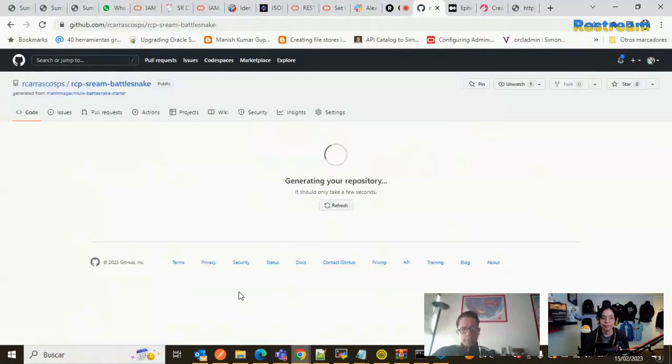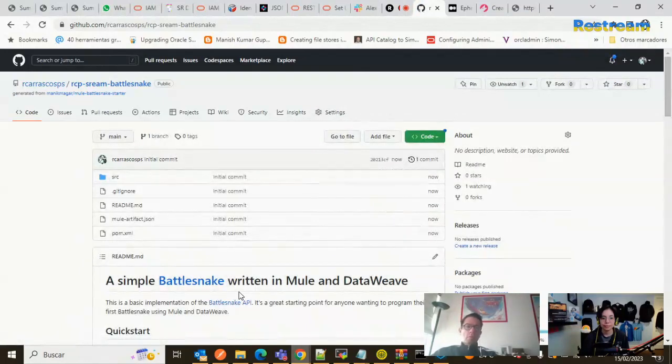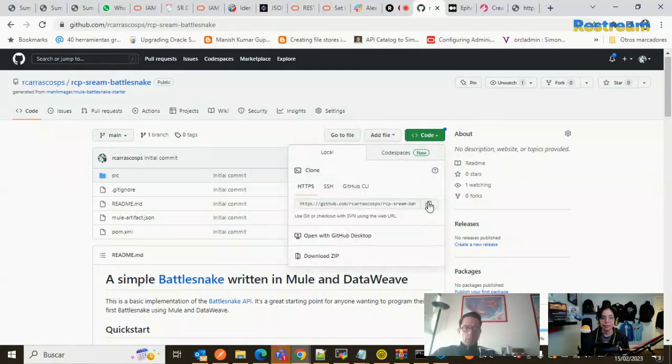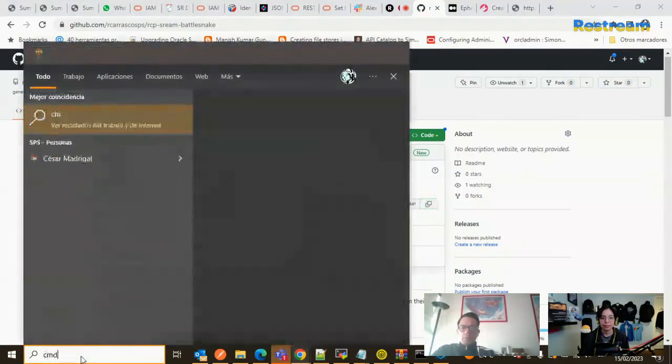So in this case, you can proceed to create your own Battlesnake with your own code, and whatever you want to incorporate, it will be up to you. But you at least already have this project, which is a MuleSoft project, which contains, and I'm going to show it in just a few minutes, the code of the DataWeave. A very basic one, because that's the idea, that's the starter project, and then it's up to you on how you code it. So we are going to clone it here in my laptop,